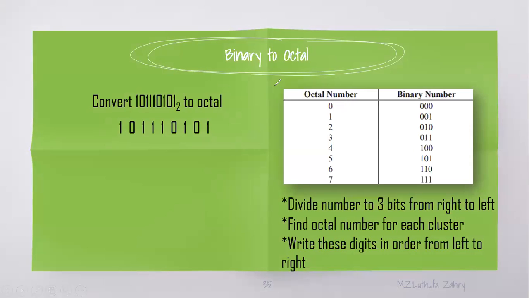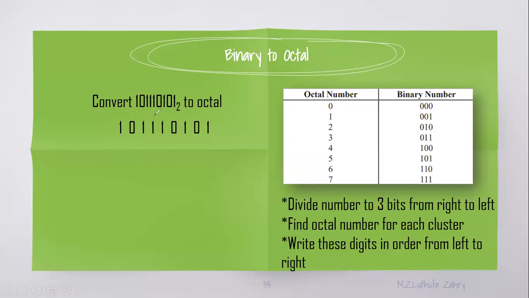Here the decimal number will also come: 0, 1, 2, 3, 4, 5 and so on till 7. So that is equal to the octal number. That is the binary of the decimal, which is equal to the octal number. That is what I explained clearly when creating a new slide. Okay, now we'll come to the conversion.